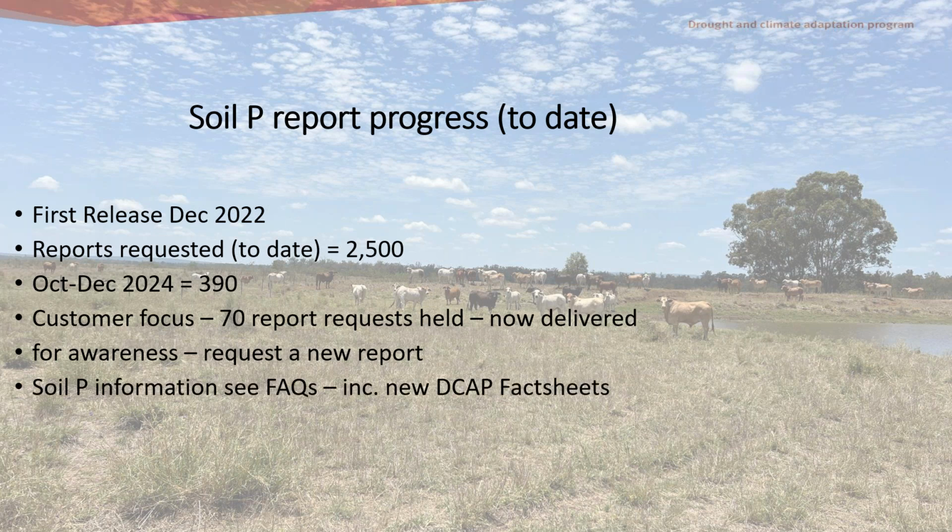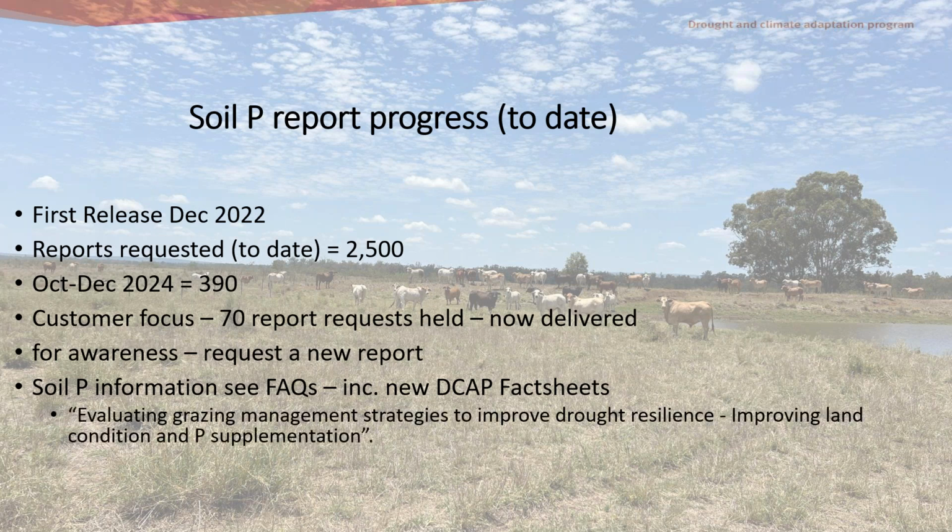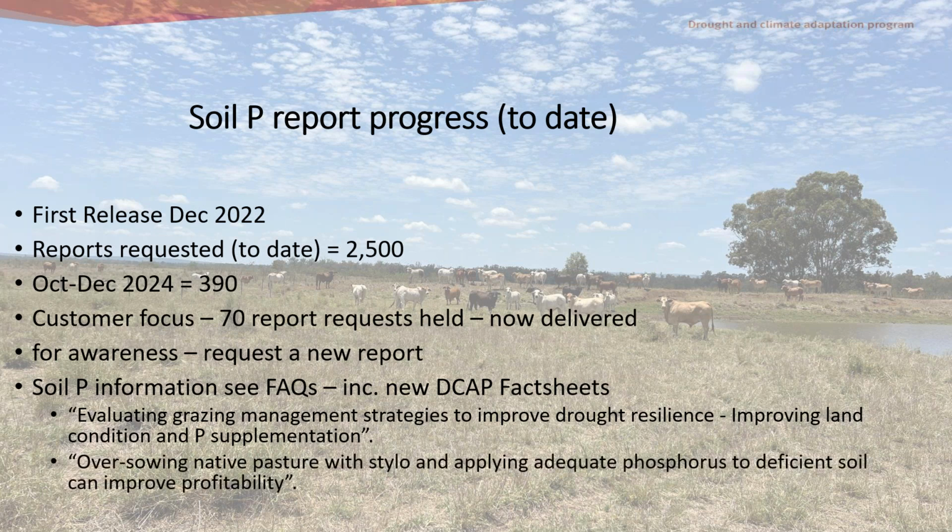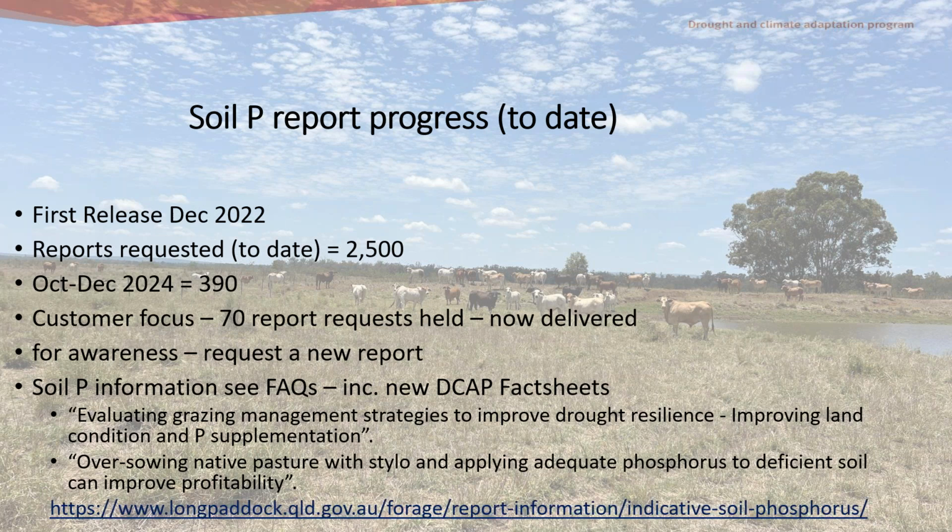For soil P information, see the FAQs, frequently asked questions, and there's new DCAP fact sheets there that relate some of the information that Jim mentioned into simple 2-page fact sheets, which might be about grazing management strategies to improve your drought resilience, and oversowing native pastures with stylos with phosphorus. This is a location of those reports, but Greg will relate those links back to you